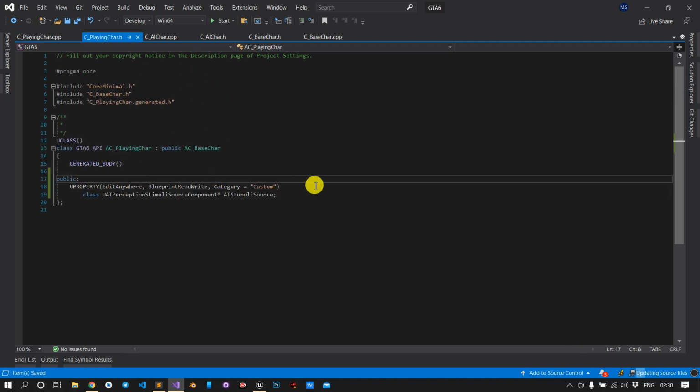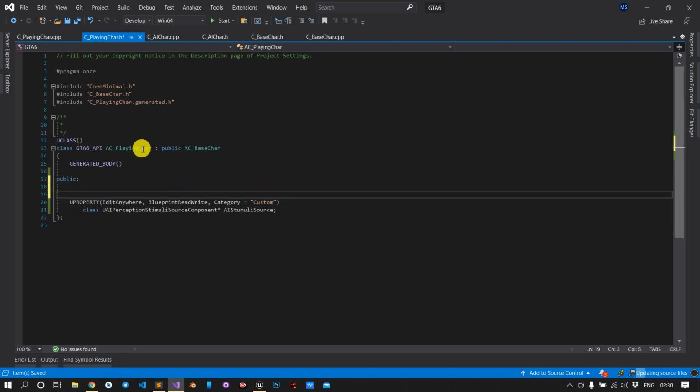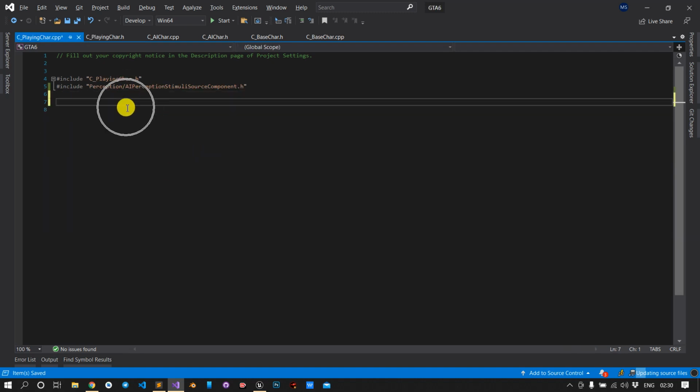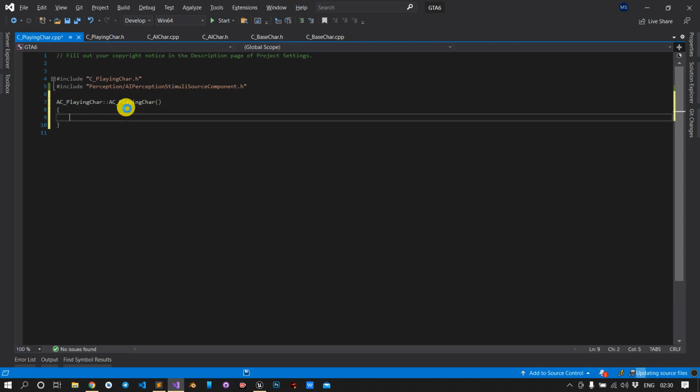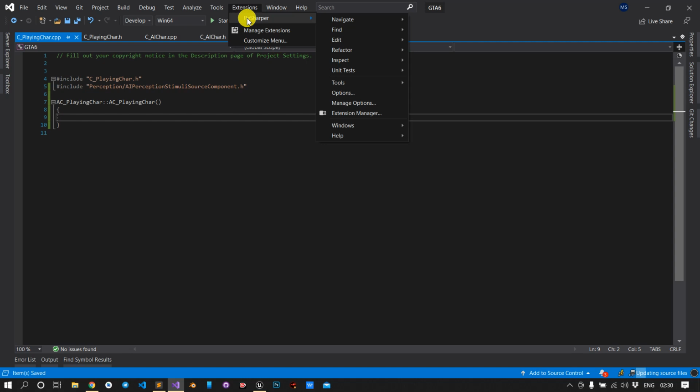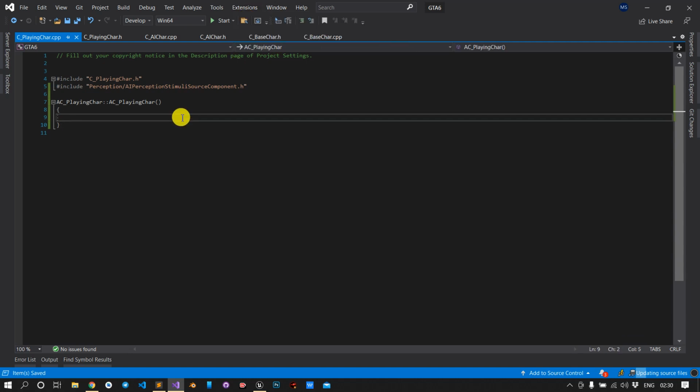In the public section, just copy the class name. Yesterday I installed ReSharper because my laptop was laggy, but I think ReSharper is still not working correctly. Okay, so our constructor is ready.